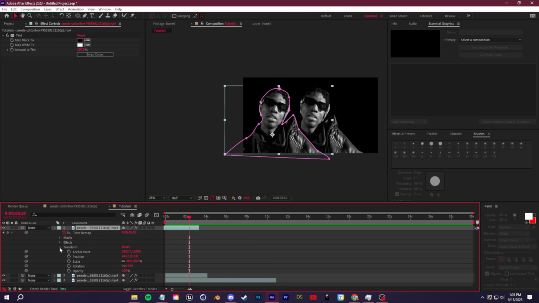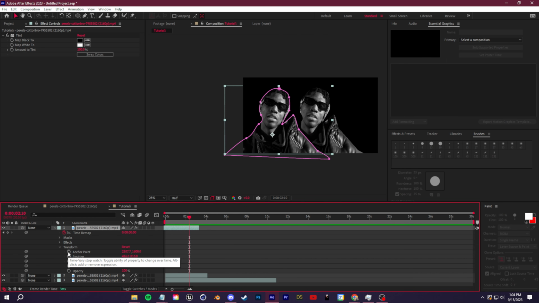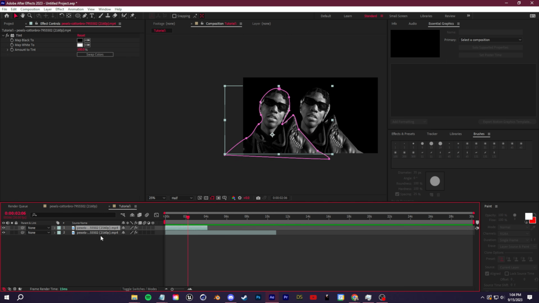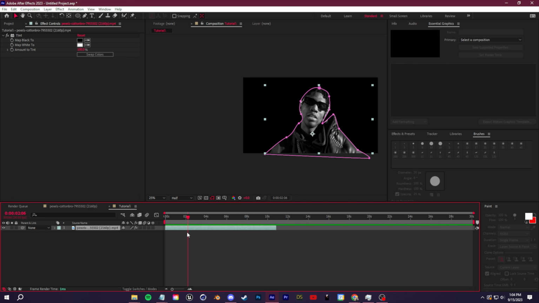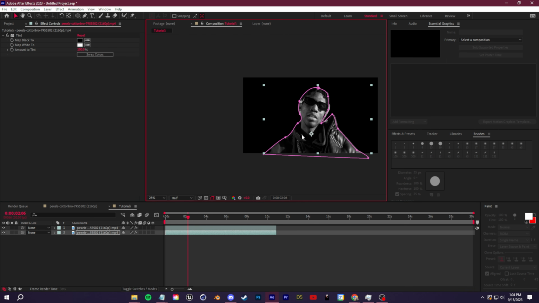And then the transform. And this is where we're going to actually create some motion. So you're going to see these little stopwatches, and you'll see here it says it toggles the ability of the property to change over time. So this is called setting a keyframe. So let's simplify our workspace here. I'm going to click Control D to duplicate this one more time. And what we're going to do is create a simple keyframe animation where the layer that's beneath this top layer sort of swivels out. So we'll open up Transform,